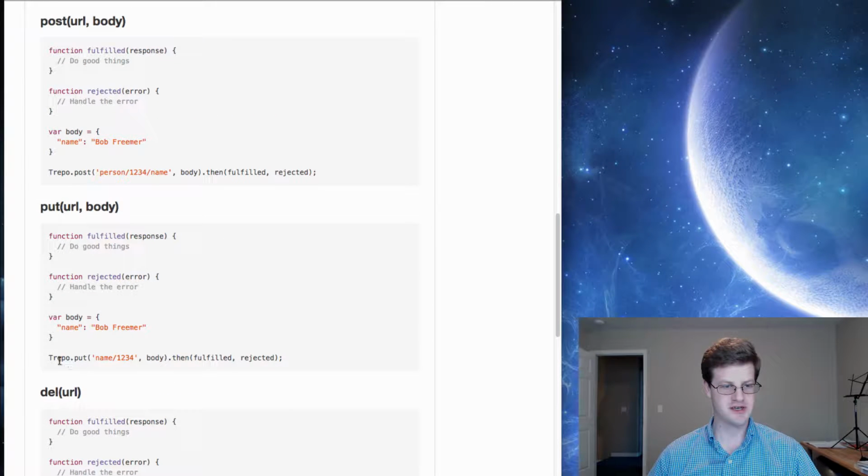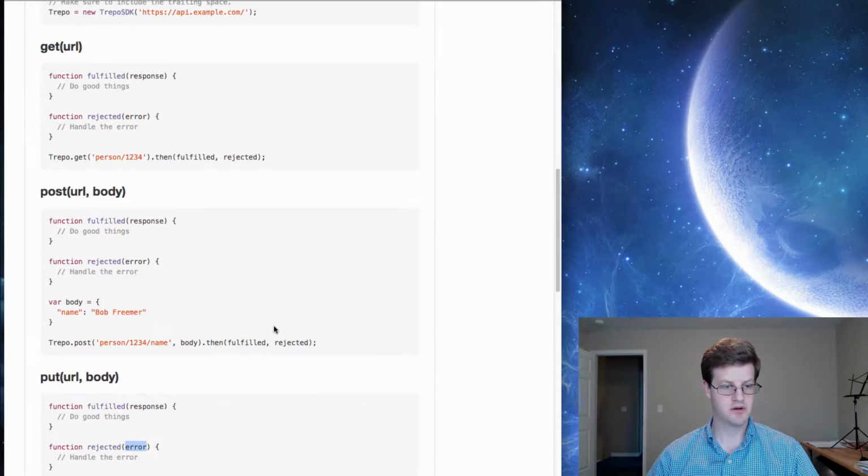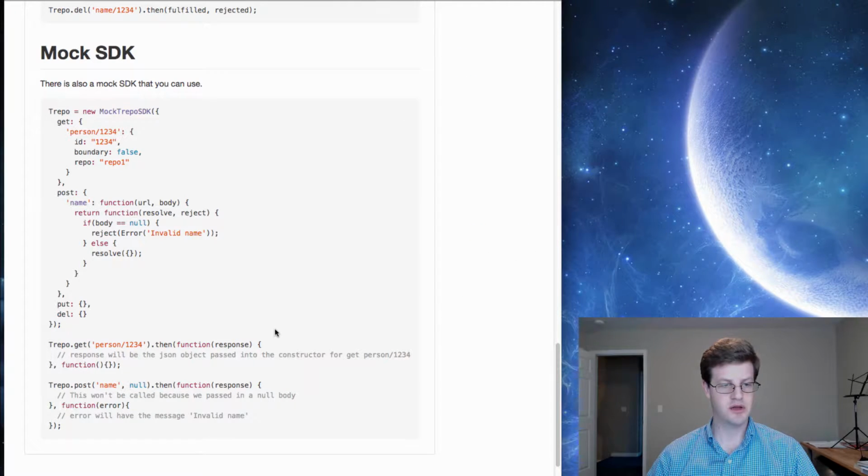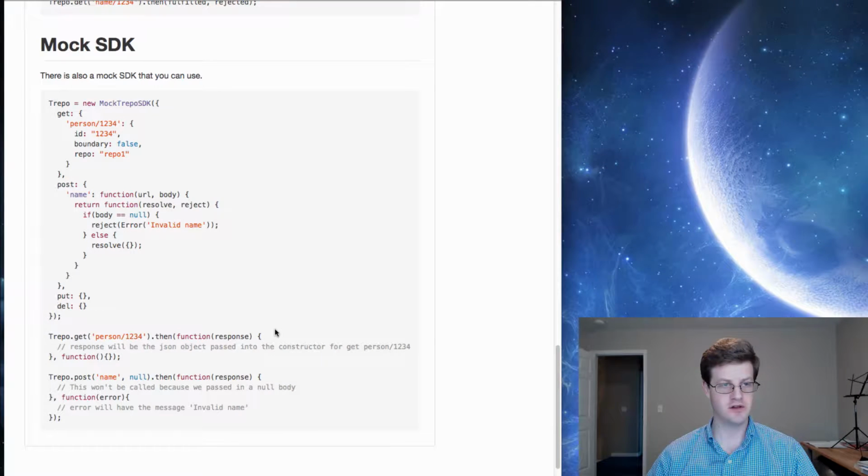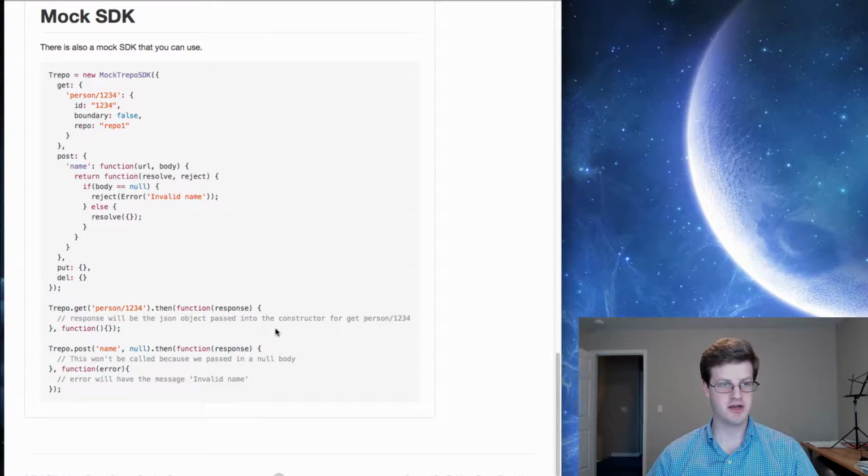And you pretty much say trepo.put, the URL from the base of Trepo, body, and then you get simple ES6 style promises, the official ones. Then fulfilled or rejected, call to the response or an error. So really simple. I also quickly realized that I needed a mock SDK